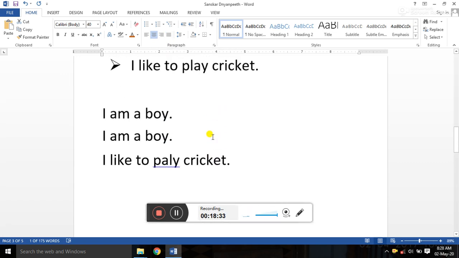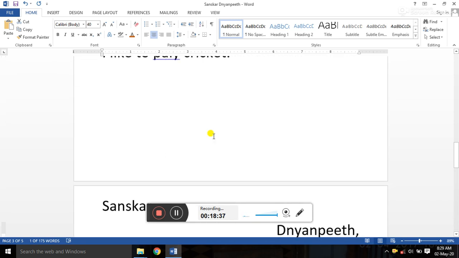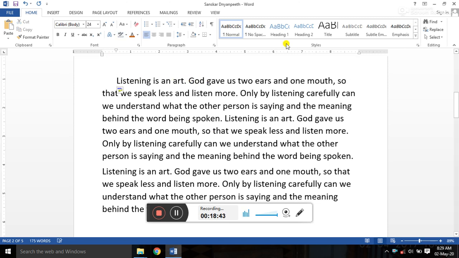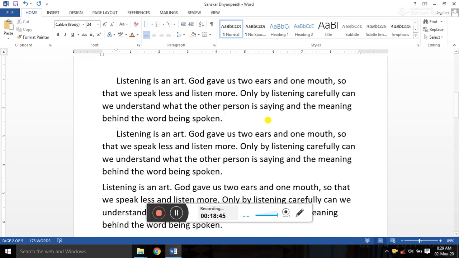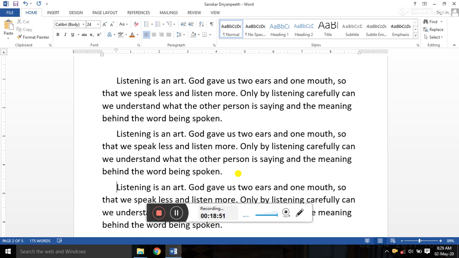To understand the meaning of justify, let us see, I type one paragraph here. Listening is an art, okay, this is one paragraph. Again see, here is another paragraph, and let me make one more paragraph. Now there are 3 paragraphs.